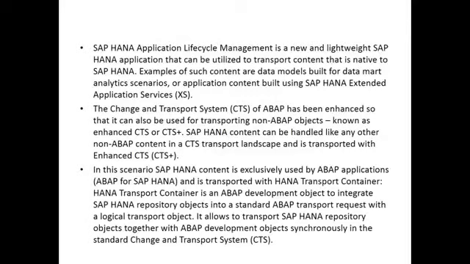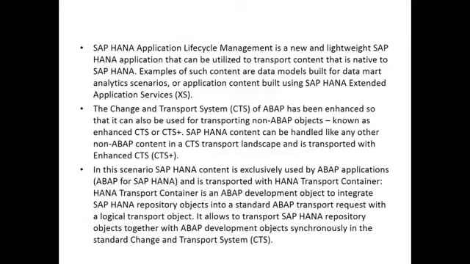Everything will be transported with HALM. HALM is a tool, like Web IDE. For HALM, there is a special URL. Using that, HALM will transport extended access services or native HANA development objects.